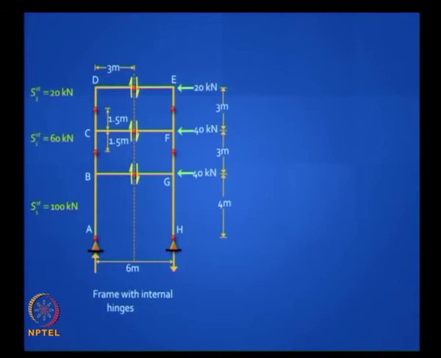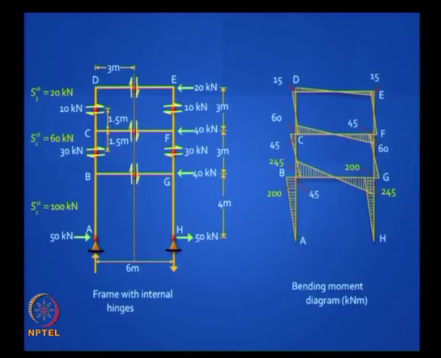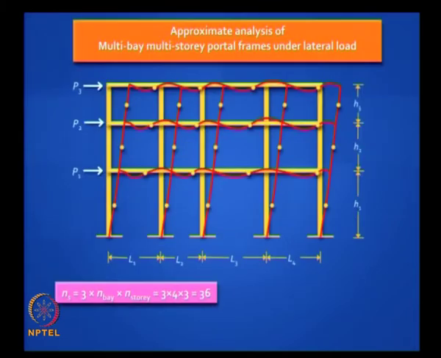So you do the same thing. I think it is pretty easy to do, but now you should draw the diagrams on the tension side. It will look this way. Is it clear? So do not be biased that the load should always act from left to right, they can act from right to left as well. Is it clear? So this problem is simple. Now let us take the more general problem of